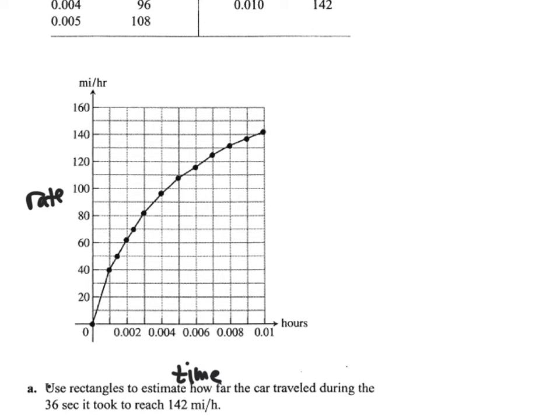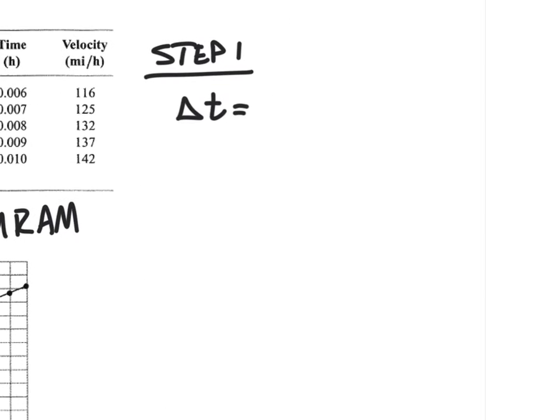If I want to use rectangles to estimate how far I go, my best estimate is using the midpoint rule, so I'm going to need some sort of midpoint. I know I have 10 spaces, so how about I split it up so that each rectangle has a width of 0.002? Because I have this midpoint here that I know the height of. So let's choose delta t to be